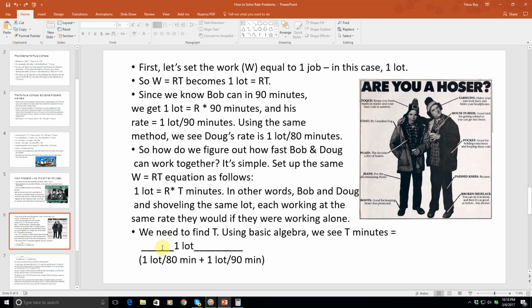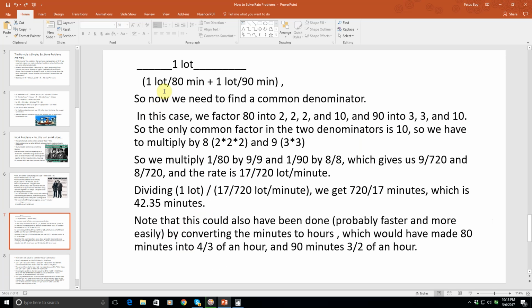So what do we need to do next, class? That's right, find a common denominator. So we have one lot over this rate and this rate, but we have to find a common denominator before we can add them to figure out what that rate is. So we can factor 80 into 2, 2, 2, and 10, and 90 into 3, 3, and 10. Yes, I know we could factor the 10 into 2 and 5, but we don't have to. So we can see the only common factor in the two denominators is 10,